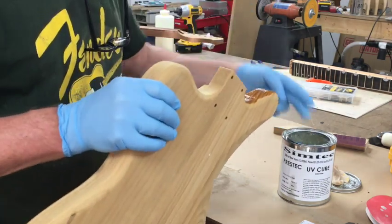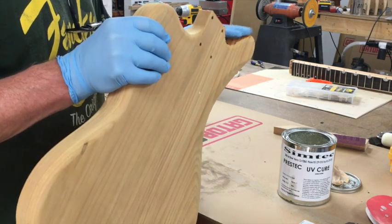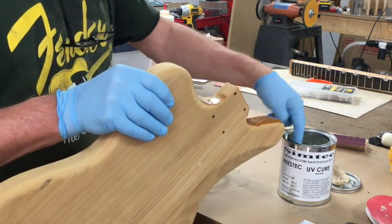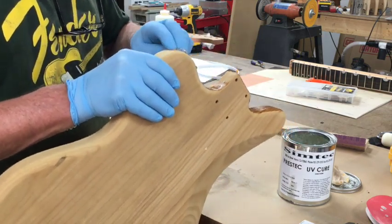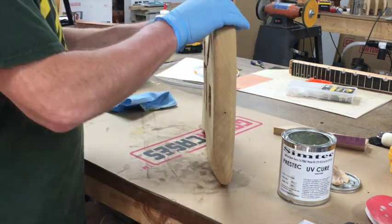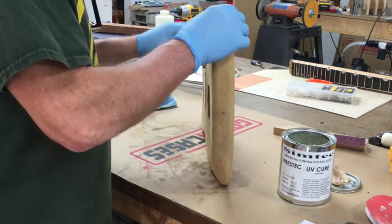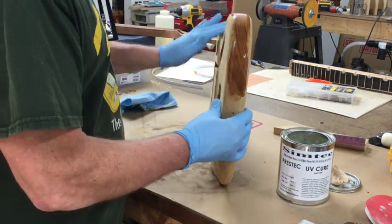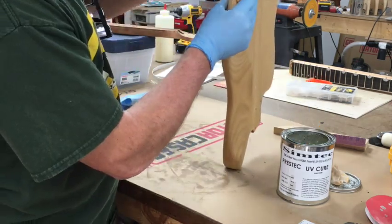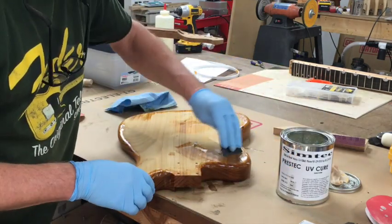So this is the new Simtech UV Cure pore filler, and the way this works is you put it on. You can use your fingers, you can use a rag, however you want to do it. I like to start in the places that need the most, and that's all the end grain, and I rub it in. And the idea is that you rub it in and then you let it sit for a minute or two,